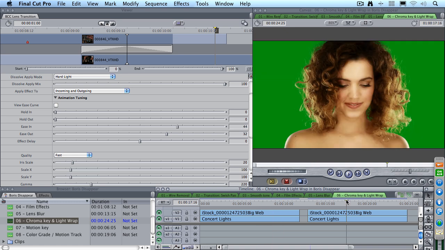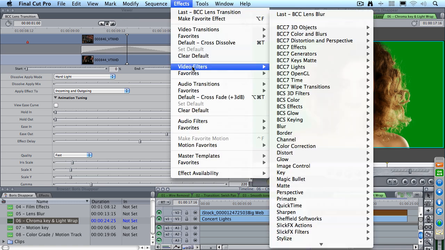So how do we do it? Well, there's our source image, and this is from iStock Photo. I select the clip. When you're doing chroma key work, the background is always on V1, the foreground is always on V2, and you always apply the filters to the V2 clip. So I select the V2 clip, go up to the Effects menu, go down to Video Filters, and go down